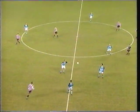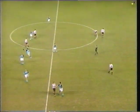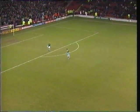United fans are streaming home. It looks as though Barnsley could win here for only the 4th time in their history. There'll be a terrific roar from the Barnsley fans when that final whistle goes, and there it is. It's a famous day for Barnsley, only the 4th time ever they've won at Bramall Lane, and John Hendrie's goal